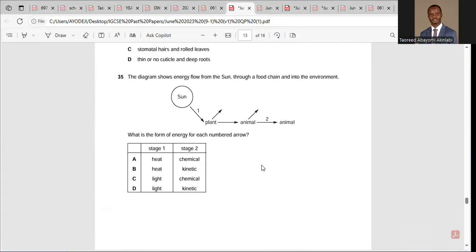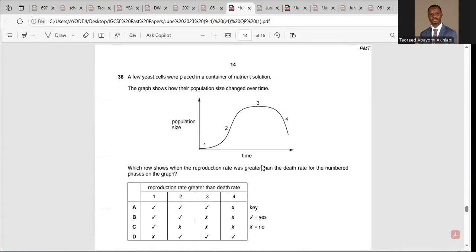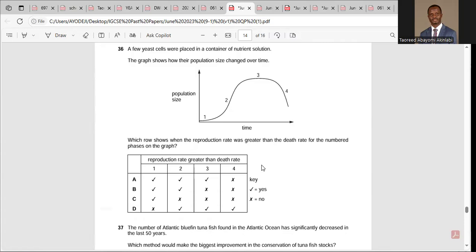For question 36, a few yeast cells were placed in a container of nutrient solution. The graph shows how the population size changed over time. Which row shows when reproduction rate was greater than the death rate for the numbered phases on the graph? For reproduction rate to be greater than death rate, there should be an increased population size. Okay, that means the ones that experienced reproduction rate greater than death rate will be 1,